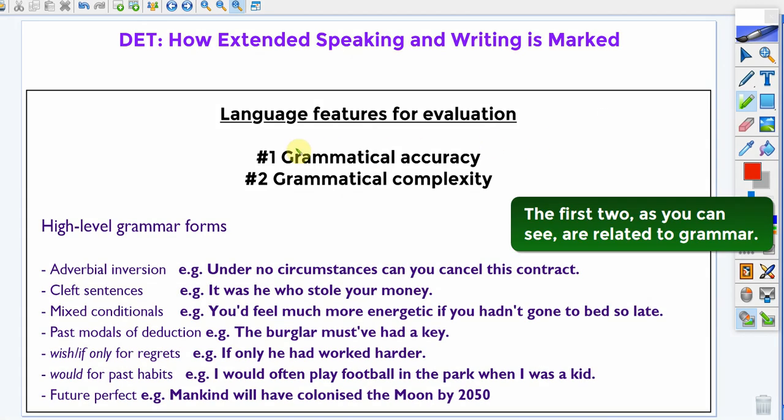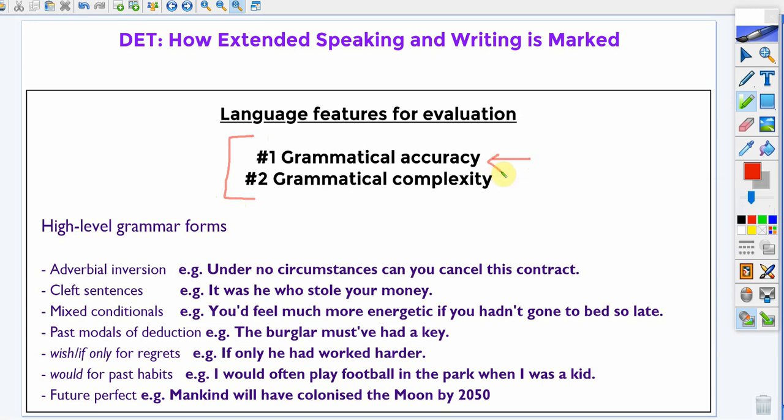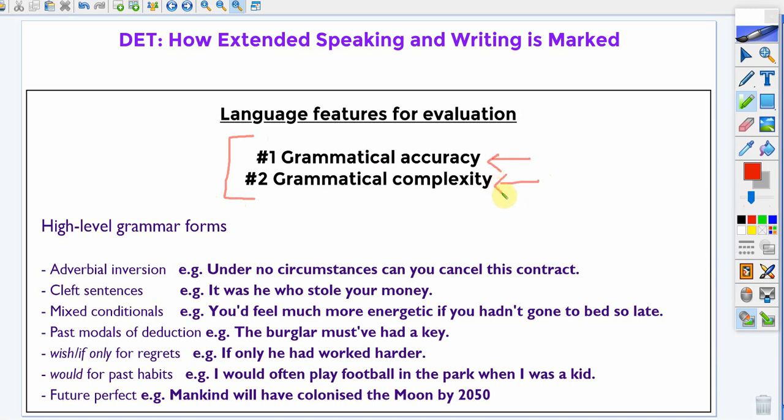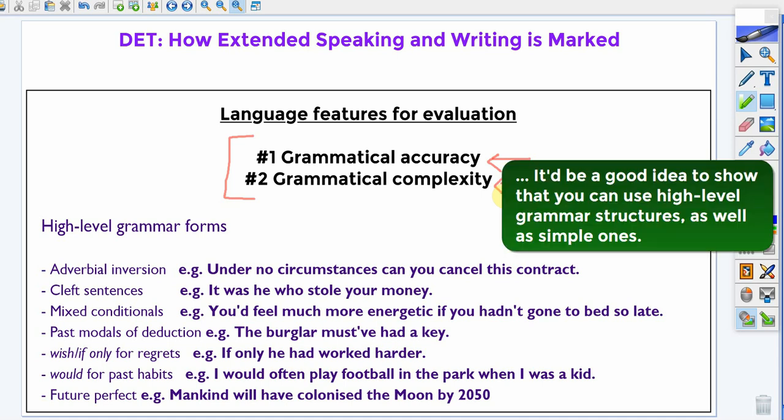The first 2, as you can see, are related to grammar. If you have good grammatical accuracy, that means you don't make many mistakes. Moving on to grammar complexity, if you want to get a score of 105 or more because you want to enter a university, it would be a good idea to show that you can use high-level grammar structures as well